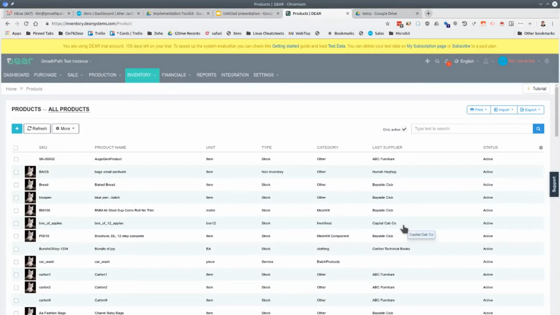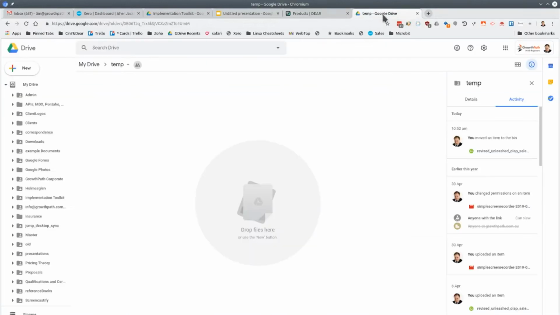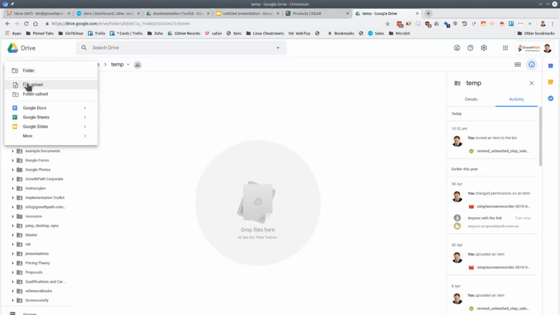And that's been saved in my computer. For this exercise, I'm going to be using Google Sheets. There'll be a supplementary video as we go through and repeat this process with LibreOffice. So here I'm logged into Google Drive. I'm in the temp folder. I'm going to do a file upload